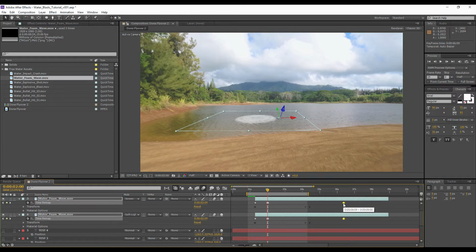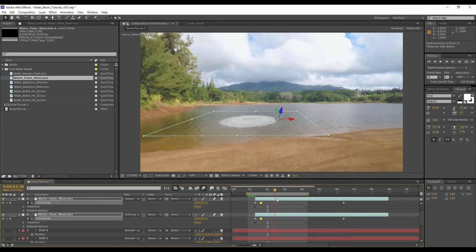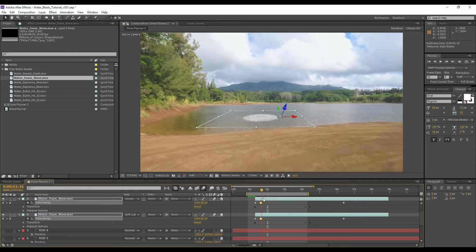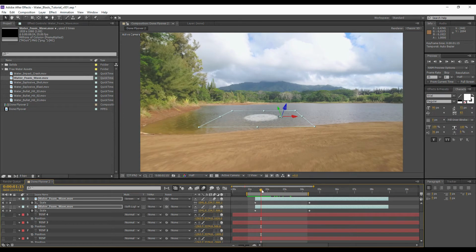Control left click on these ones so they go back to being linear. I'm going to drag this one over here. I'm just playing with the time remap so it looks like it's expanding a little bit more. Also going to go back to the scale,